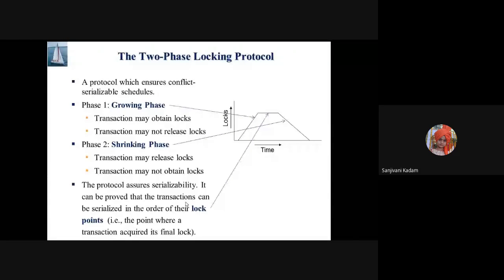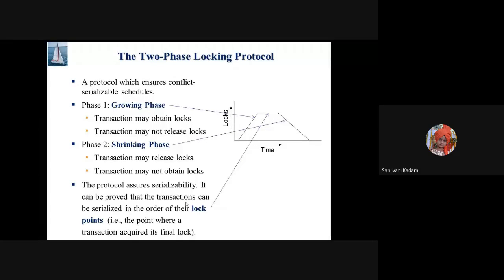Previously we had the combined lock, unlock statements, but this doesn't happen here. Initially, in the first phase, all the lock requests are sent to the concurrency control manager. That's why it is called a growing phase: it goes on increasing the data items locked, and no locks are released.